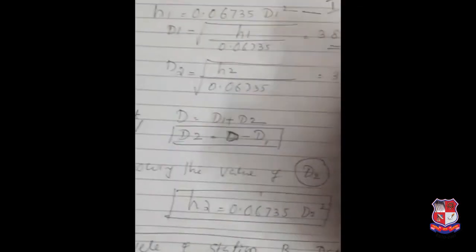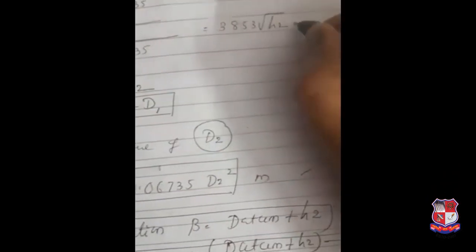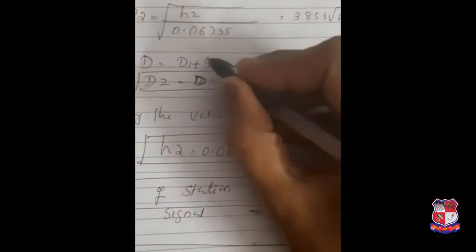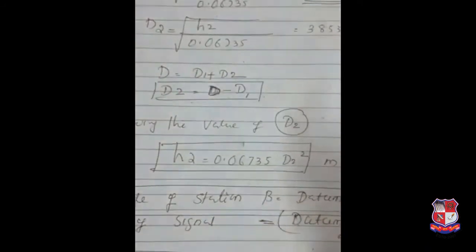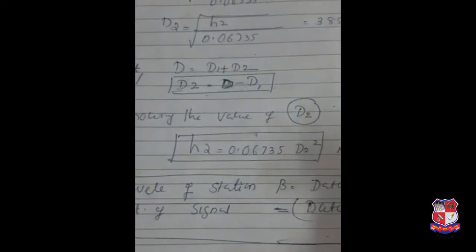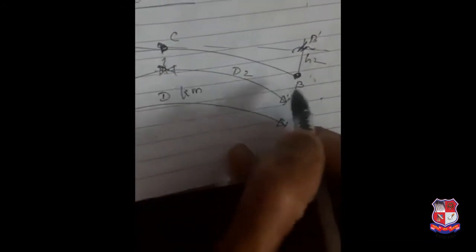This is another equation you have to study. And D2 similarly, D2 means this one, 3.853 root H2. Total D means D1 plus D2, so D2 means D minus D1. Knowing the value of D2, how to find out the height of this point? Height of this point is equal to, you know, D2. So height is equal to